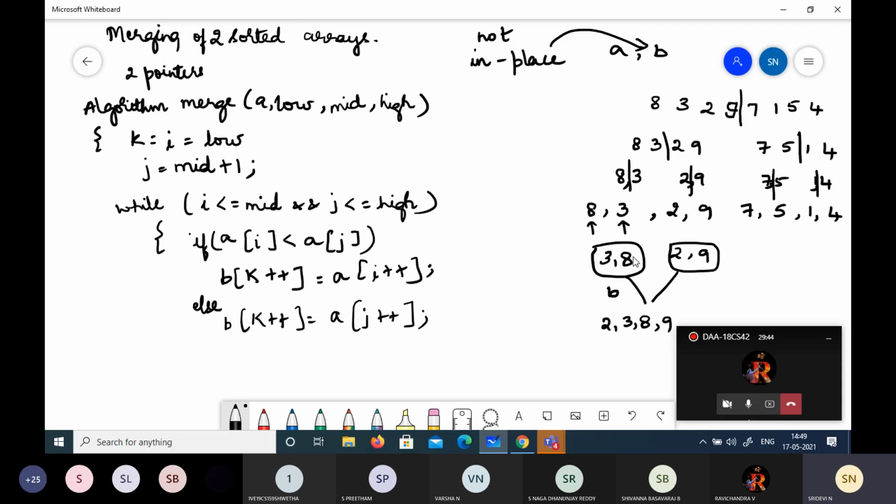We'll compare, and if all the elements get exhausted in one array, we'll just copy the elements from the other array in the sorted form. So this part does that. We'll copy the elements from two arrays by comparing, and we place it in array B. Now what do we get here? How long do we continue? Until one array gets exhausted. If one array gets exhausted, what we have to do? We have to just check I. If I is less than or equal to mid, that means J array is exhausted. Then you have to just copy whatever is there in I to this B array.